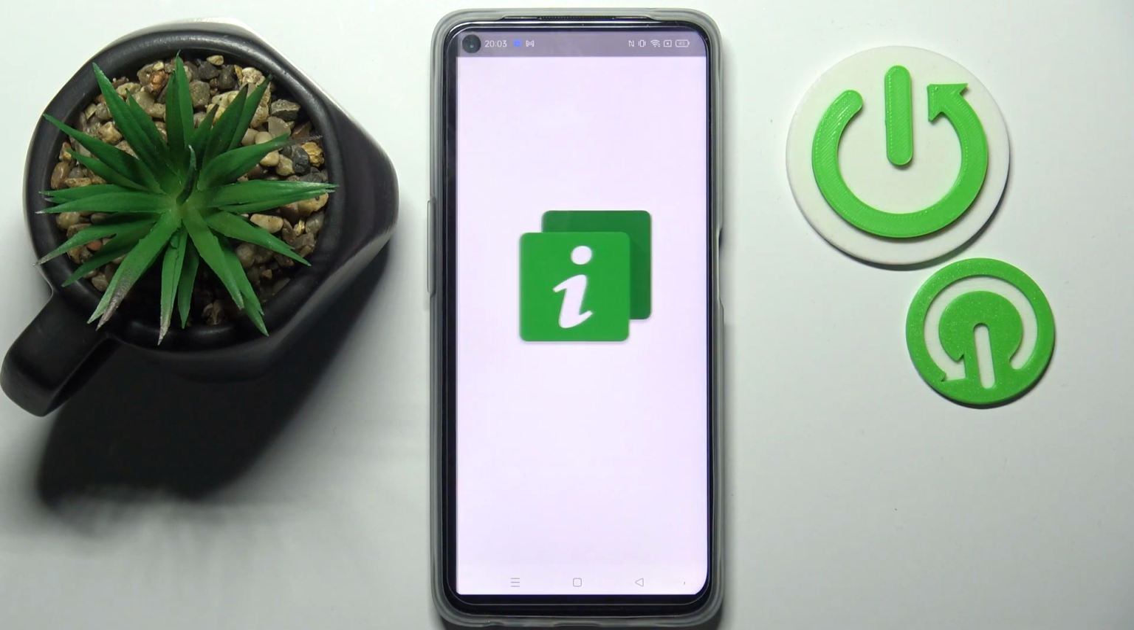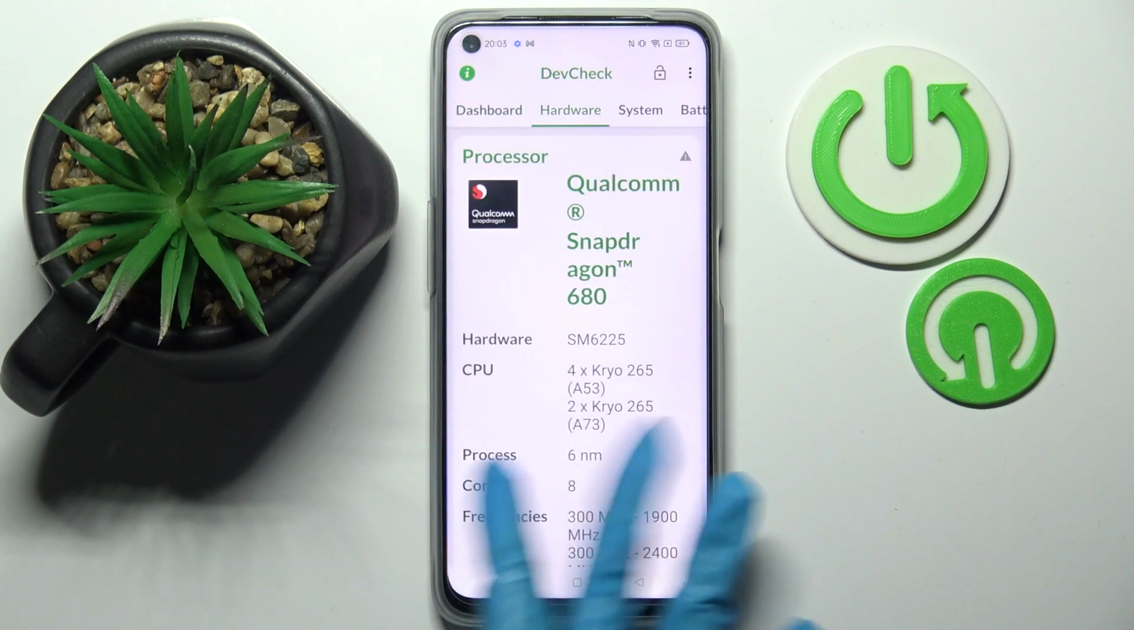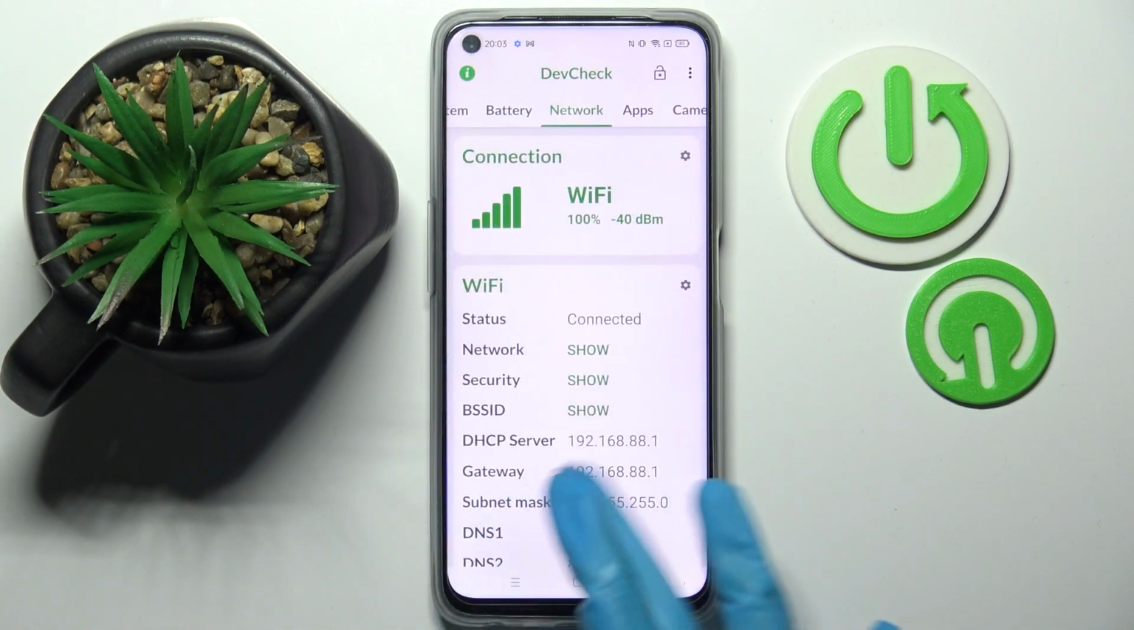Thanks to this app, you can find out all the information about your Realme's dashboard, hardware, system, battery, network, apps,